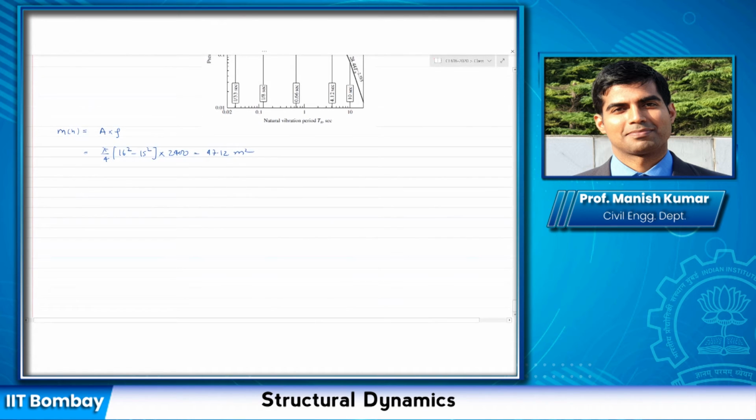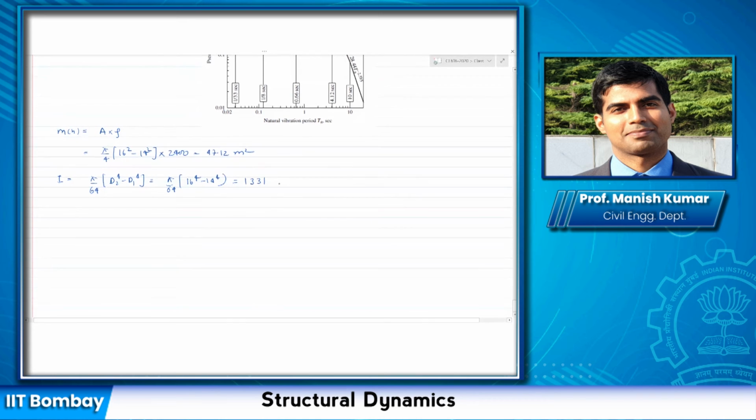The second thing is to find the moment of inertia I, which I have already told you, in terms of diameter, is pi by 64 times D to the power 4 minus d to the power 4. So pi by 64 times 16 to the power 4 minus 14 to the power 4. You can calculate this. I have calculated this value and it comes out to be around